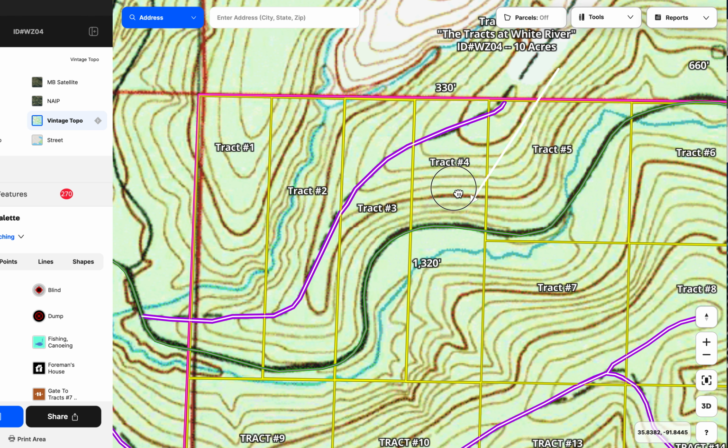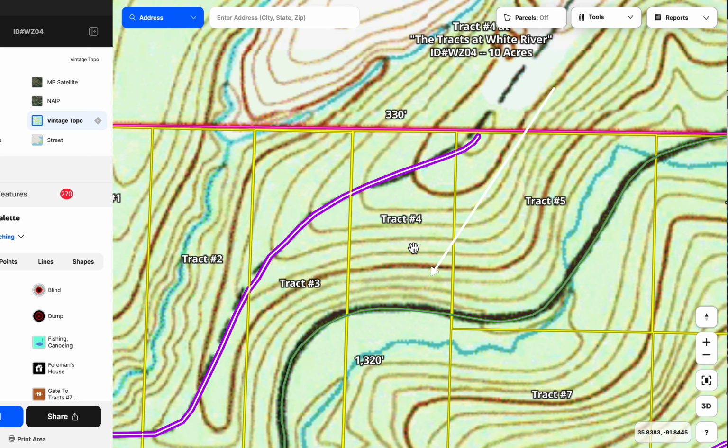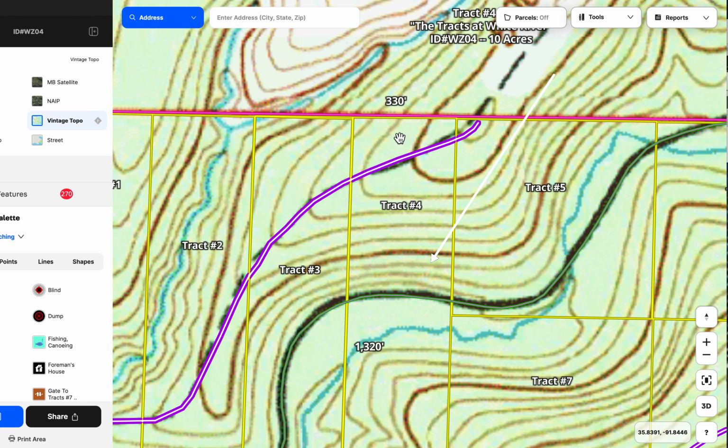But in this case, because you have that existing easement road, you can drive right up as it is. I mean, you still want your four-wheel drive for any property out here. You've got to have a four-wheel drive truck or SUV. But we've been up and down that road several times, and it just hasn't been an issue. So you actually do have physical access to the north end of Tract 4, which is great,